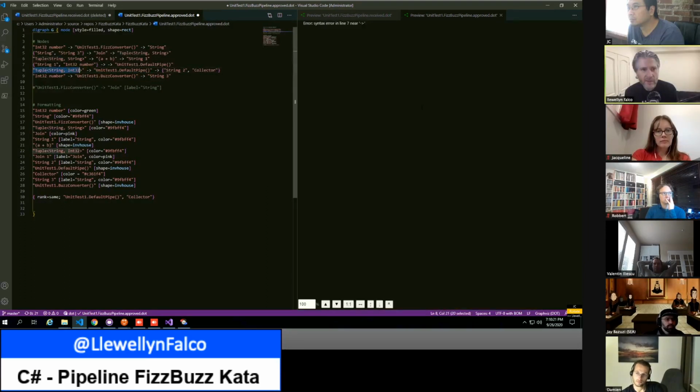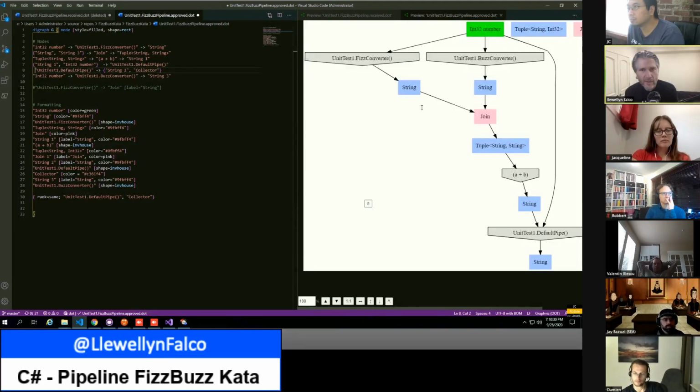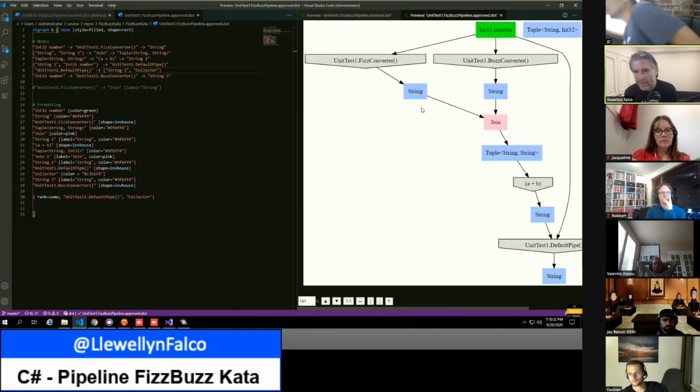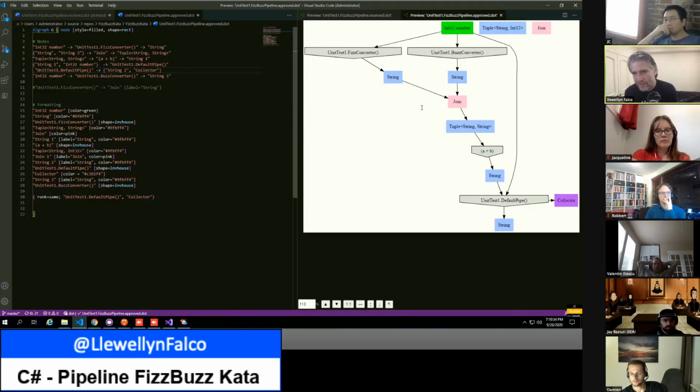You have a double arrow in there that you don't mean to. And then the other thing he's saying is take the join that's going from string on line 5.